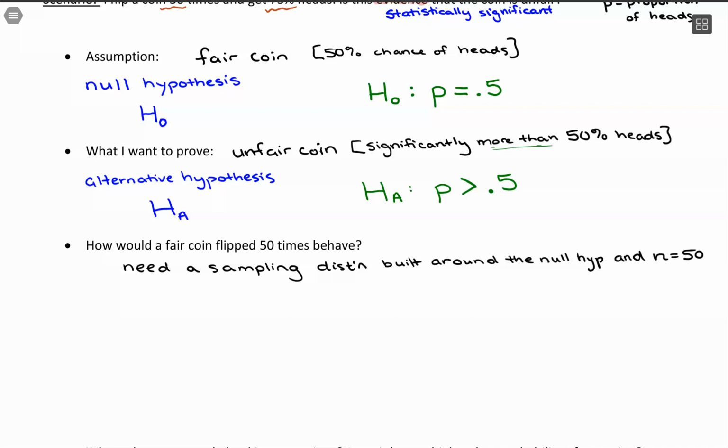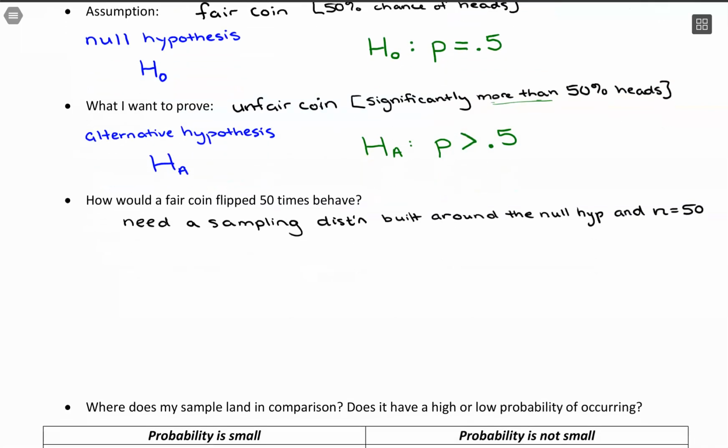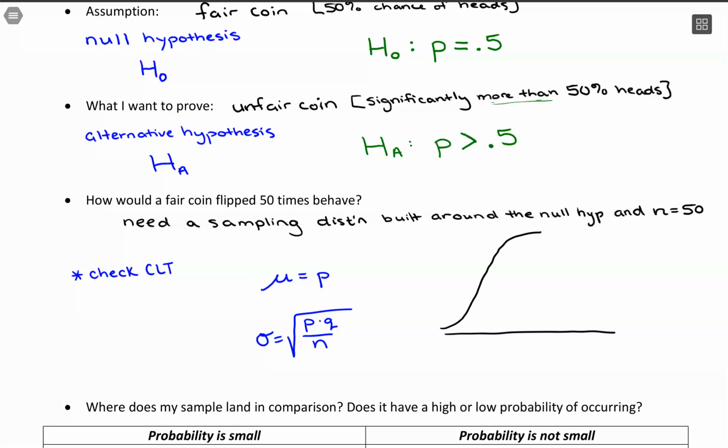So as a reminder of some things that are going to come up here, we should always check the central limit theorem first. So that'll be something that pops up. And then for setting up the sampling distribution, your mean is just equal to the proportion. So for us, it'll be that proportion from the null hypothesis. And then standard deviation will be the square root of p times q over n. But I'll plug in the actual values on the next page, where I'll actually go through the full hypothesis test for this. But just to give you an idea of what we're trying to get at